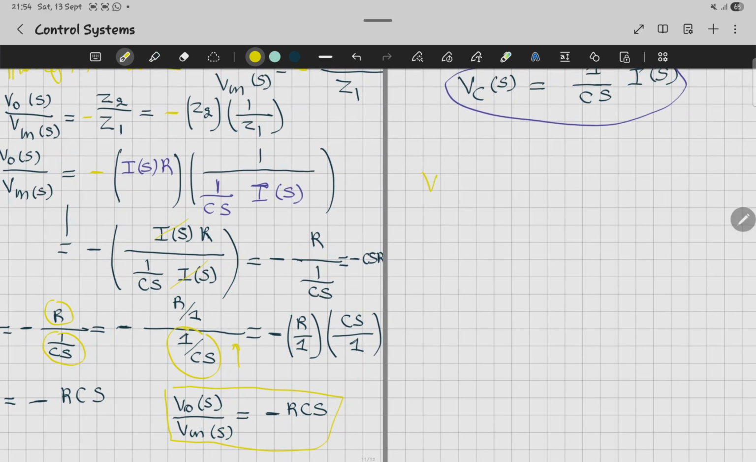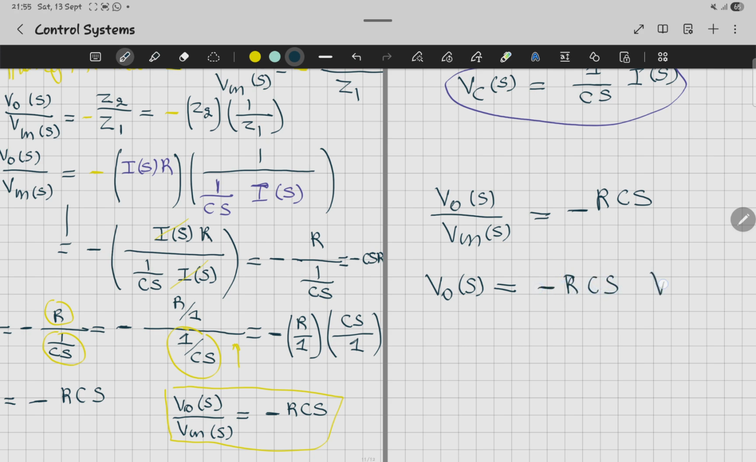So V out is gonna be something like this. If I have to solve for V out in this equation, I'm gonna get something like this. Initially we got this equation equal to negative RCS. So V out should be equal to negative